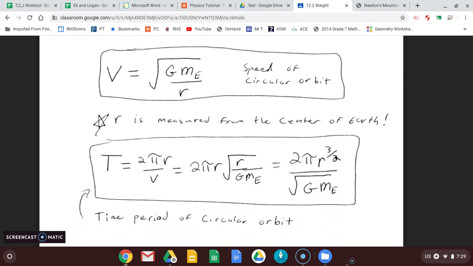Now, since we are talking circular, here come some old formulas for circular motion. Again, if it's a very elliptical orbit, these equations wouldn't exactly work. There's some tweaking to do with them, but we're only going to worry about circular orbits. Remember the v for something in circular motion, v equals 2 pi r over big T, the time period, the time it took to make one revolution. Well, this is that same formula, just solved for T. As you can see, the T and the v are flipped around. So you then include this formula in with that old formula,